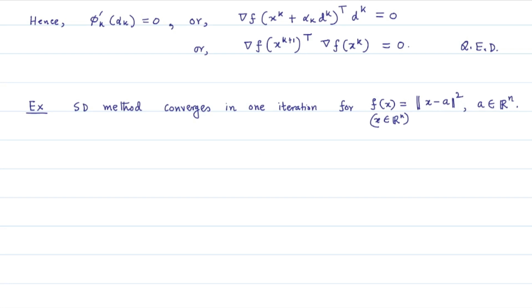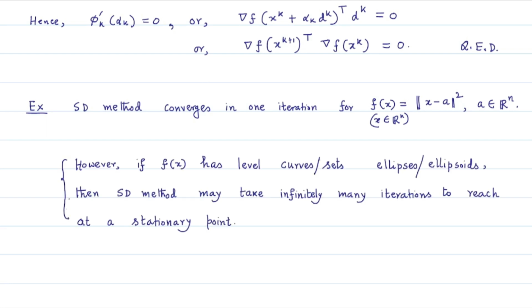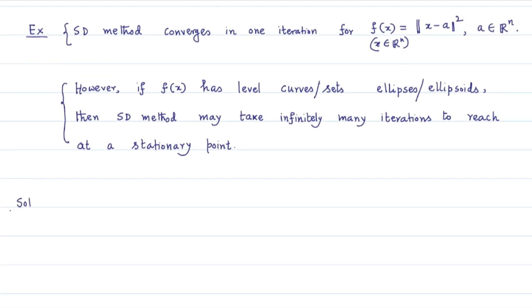However, if we consider a function f that has level sets or level curves as ellipses or ellipsoids, not spheres or circles, then the steepest descent method may take infinitely many iterations to reach a stationary point. Let us now prove these two phenomena: that the steepest descent method converges in one iteration for this function, and that for a function f with ellipsoidal level sets it may take infinitely many iterations. To prove the first fact, we see that for any given x naught in Rn, the